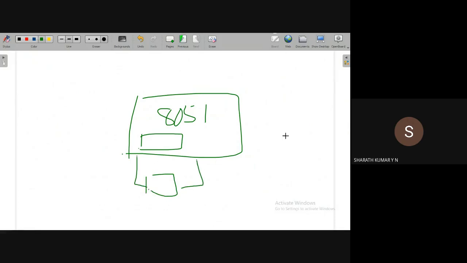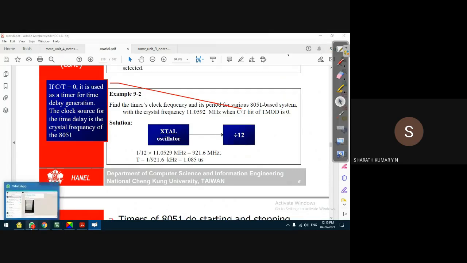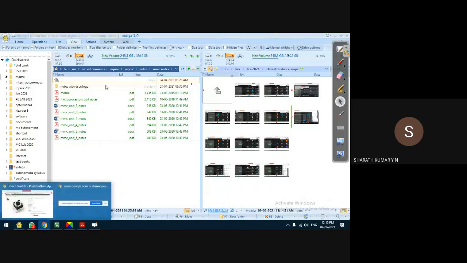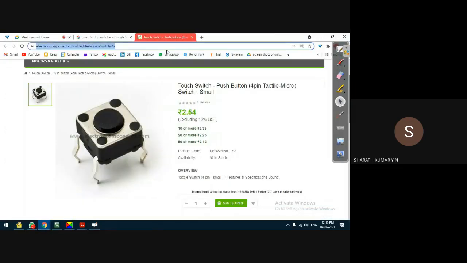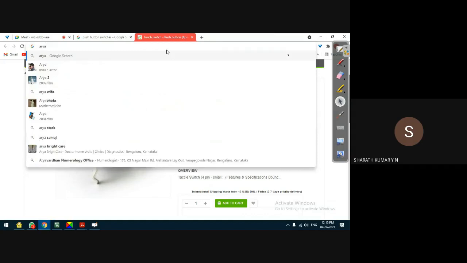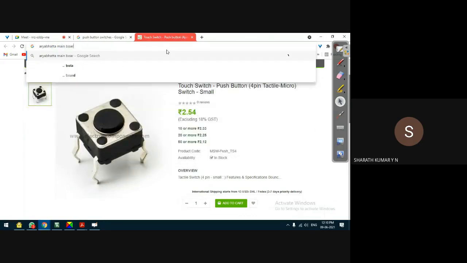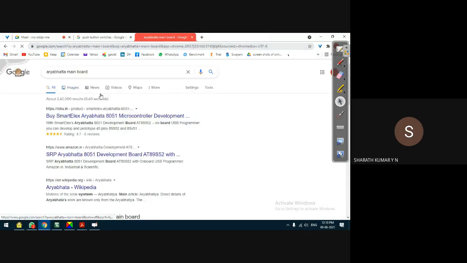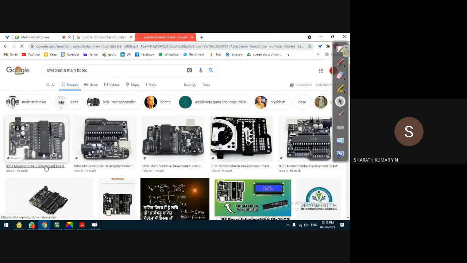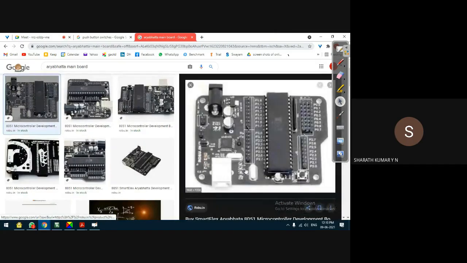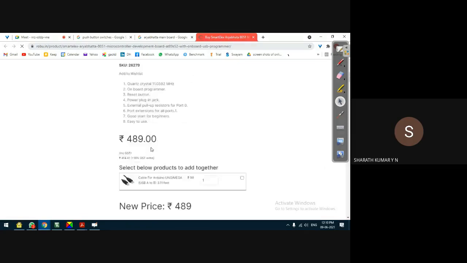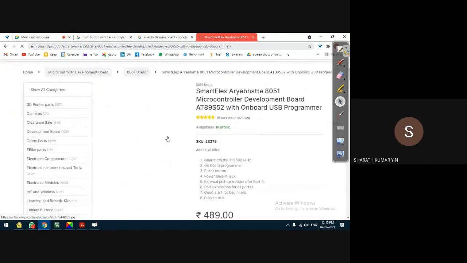Let me show that in the manual, on the Aryabhatta board. We should not just imagine what a crystal oscillator is and what frequency is. I'll look for a clearer image on the robo.in website, but I want a bigger picture.